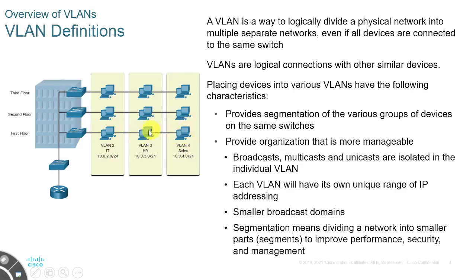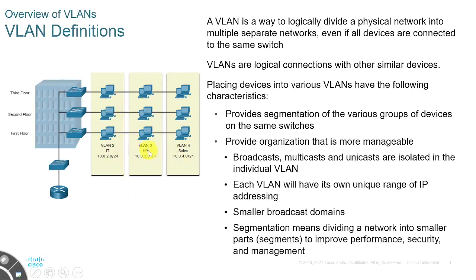This is VLAN 4, this is VLAN 3, VLAN 2, okay? And as you see here, you gather all of them. So, VLANs are logical connections with other similar devices, as here in this case, placing devices into virtual LANs